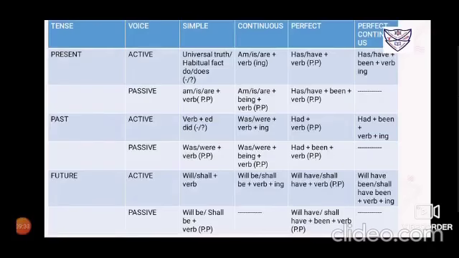Next, future continuous tense. Now future continuous tense is already having will be, the be form. Okay, the movie shall be watched by us. Now for the future continuous tense, as you can see on your screen, the tenses are will be, shall be plus verb in its ing form. Now the future continuous active voice is difficult to change into passive voice, or it cannot be changed. So you can see a blank in the next box.